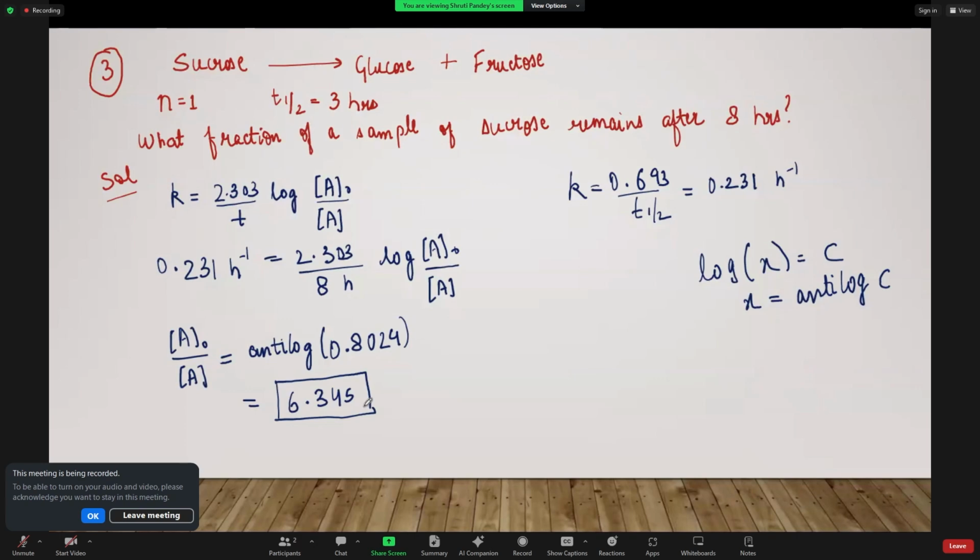Okay, so they are basically asking for this. Yes, they are basically asking for the inverse, the reciprocal of this ratio. So the actual answer would be A divided by A naught, because only then can you write it in that fraction. So when you do the reciprocal of this quantity, you would get